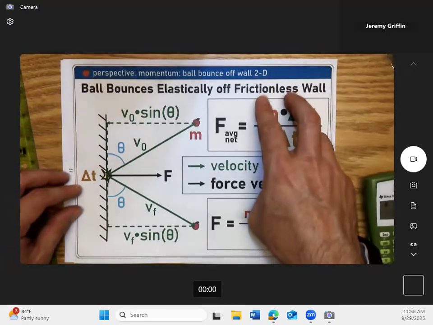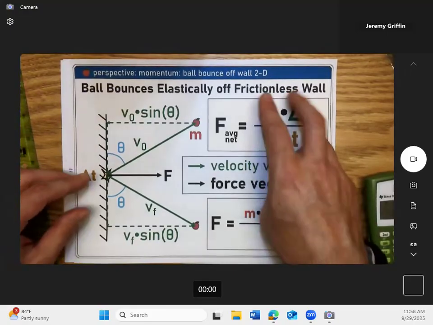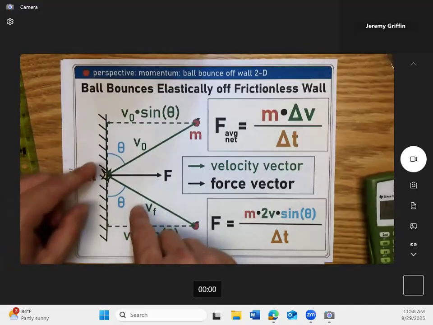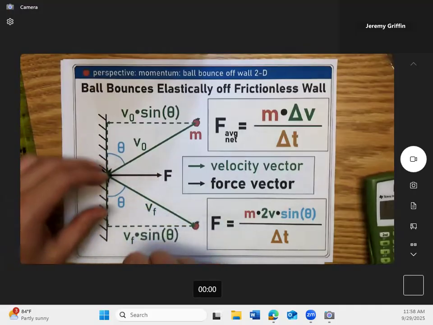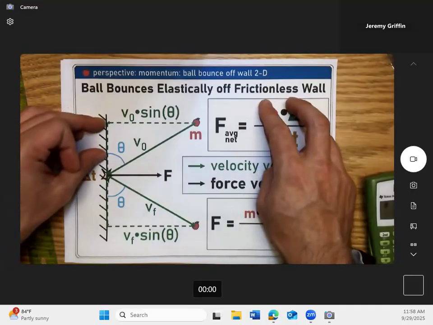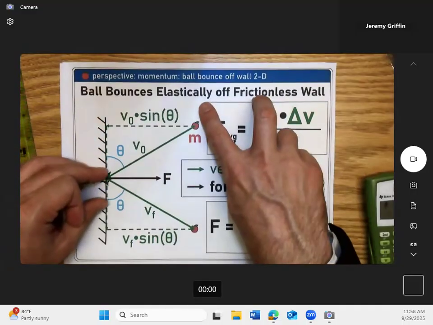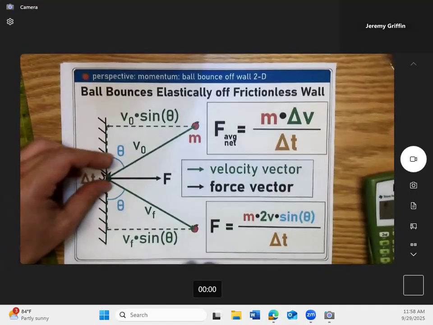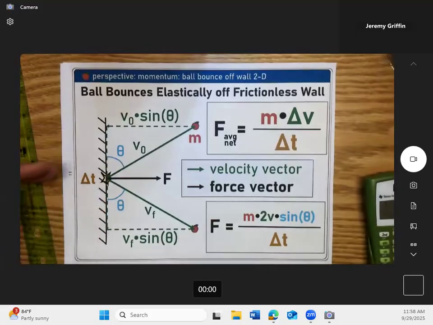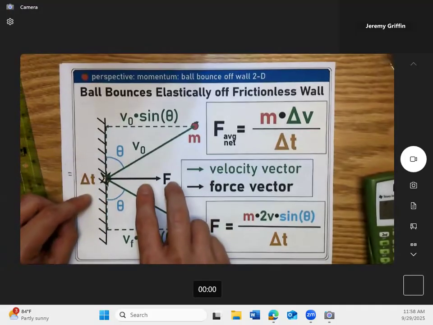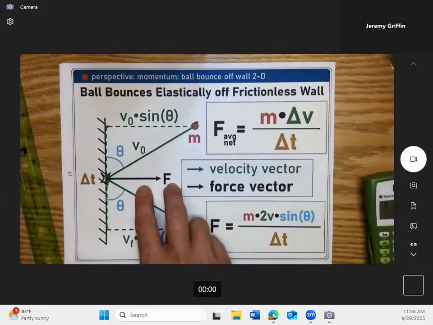Also, what goes hand in hand with that? Do you guys see the word frictionless? Because if there was friction, maybe it would slow down the ball a little bit. But that didn't happen here. It's a frictionless ball. It's elastic. So in this direction, there actually is no force. All the force is the one that's labeled here, which is the normal force of the ball, which is kind of what we just did, isn't it?